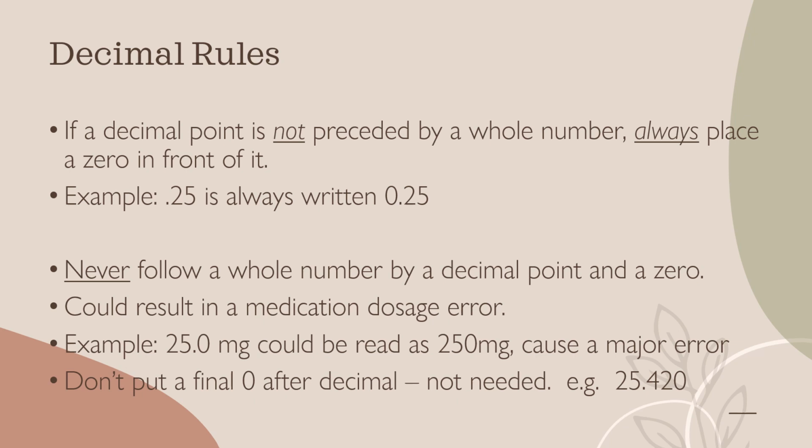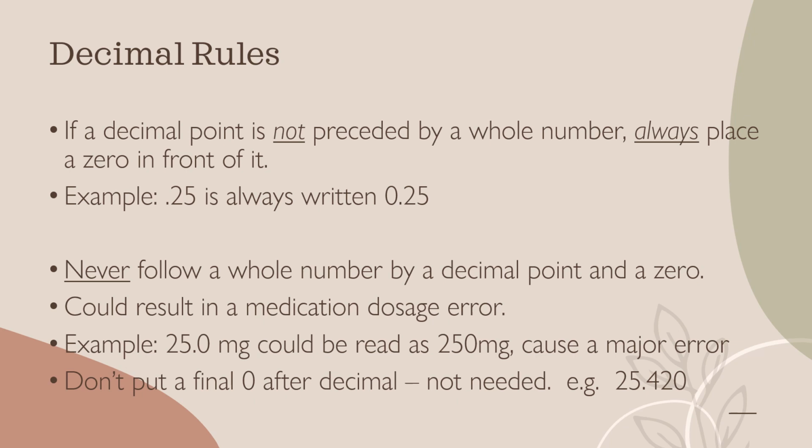We have some other decimal rules that are musts, meaning you will do these with each question or the question will be wrong because it is a safety issue. First, we do not have naked decimals, meaning we do not have any decimals that just start with the decimal point, like .25. If we do not have a 0 before the decimal, then .25 can easily be misunderstood as 25, which would be a major issue if we're looking at medication dosages, and this would kill a person.